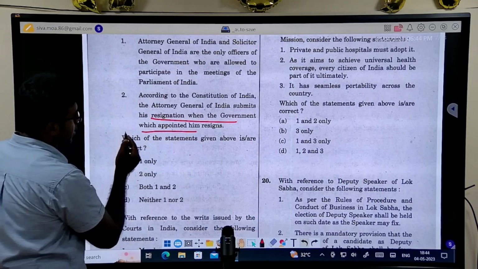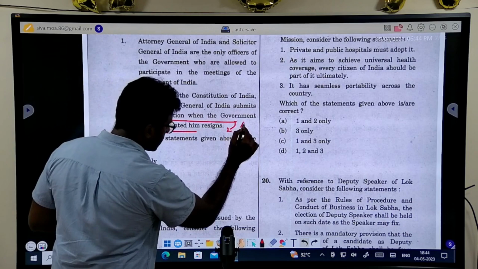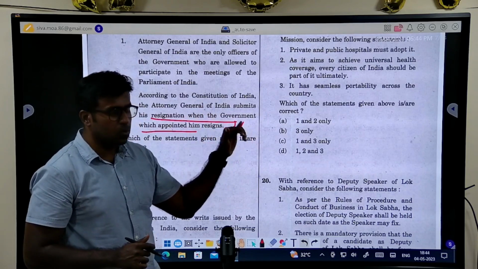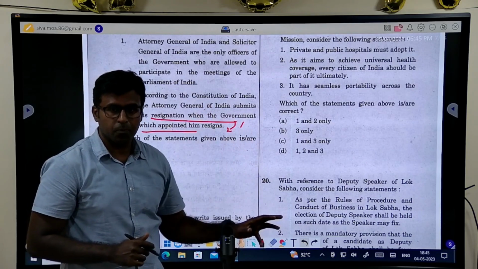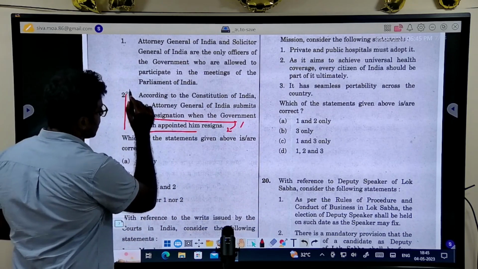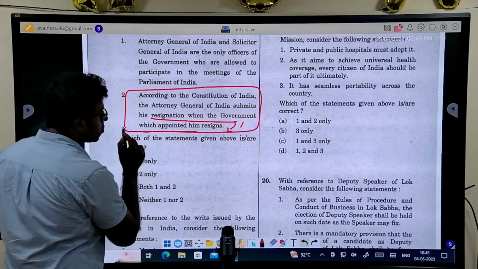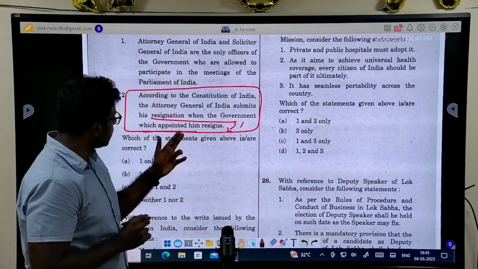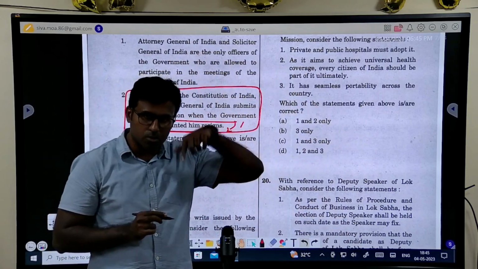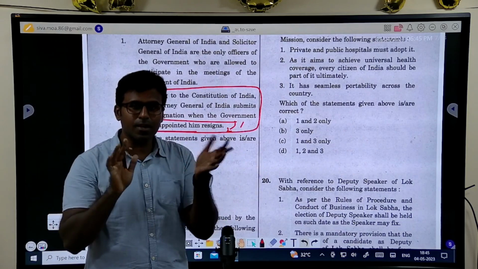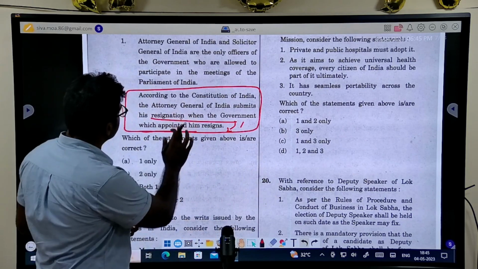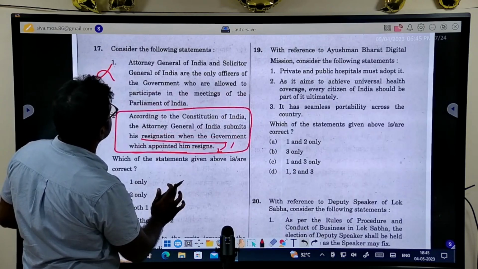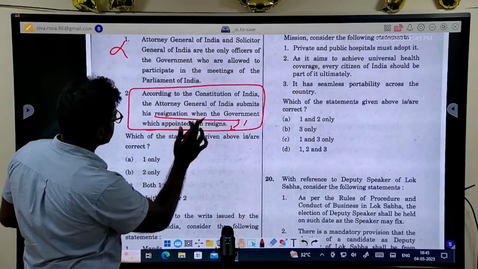Then if you see, according to the Constitution of India, the Attorney General resigns when the government which appointed him resigns. No, this is not true. See, this is what I say. I will stop here and talk about this. This is what I ask you or talk about when I say read the newspaper. If you had read the newspaper, you would know that the Attorney General of the previous government does not resign. They are in the pleasure of the president. Many of the attorney generals who were in the previous government are also attorney general to this government. They will not resign. That's the point. By reading the paper, you will understand. But this is not true. So both, I think, the Attorney General of India and who are allowed to participate in the meetings, according to the Constitution. So D.